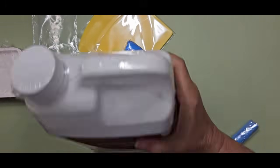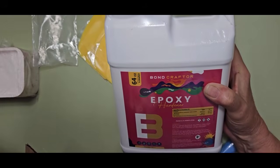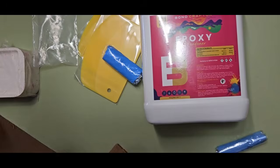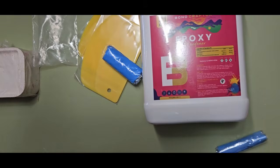We've got our epoxy A and B. And this is 64 ounces, so half a gallon, which gives me an entire gallon altogether to work with. Oh my goodness. A bit heavy. And here is my